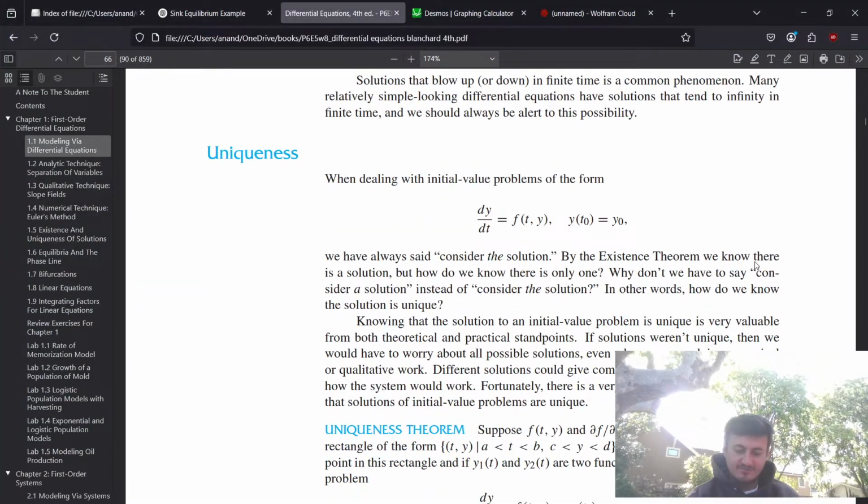Okay, the next part that's important is the uniqueness theorem. So this theorem requires, in addition,